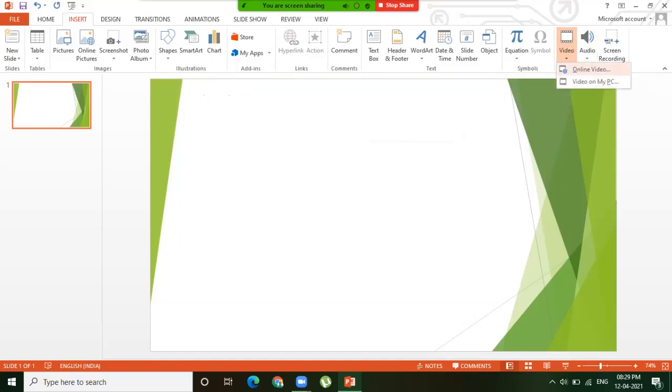Under the video button, video from the internet: we can insert the URL link, and through that link we can play the video which is connected to YouTube. And the second one is video on my PC. If you want to insert a video from your computer, you can insert it through this option.